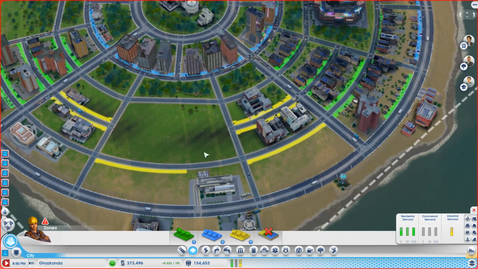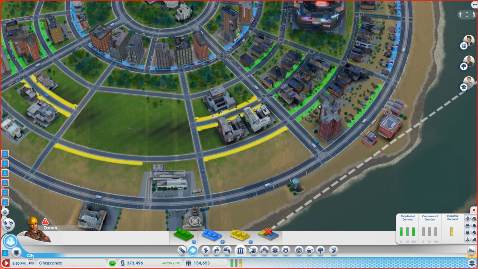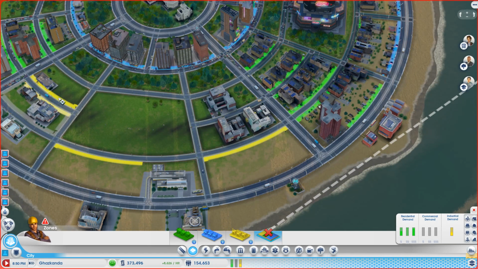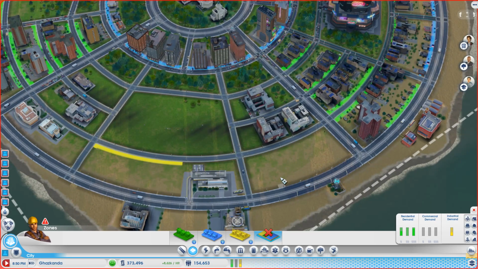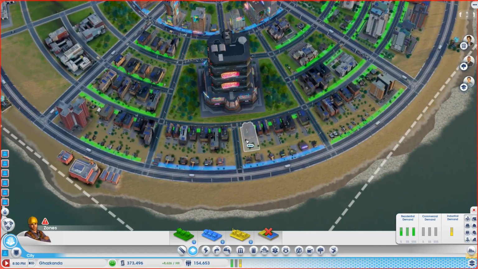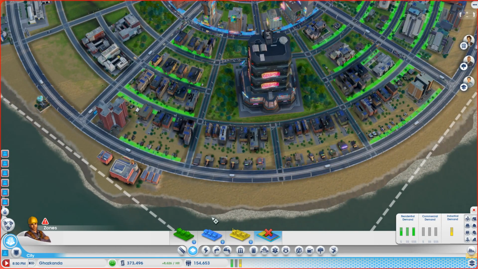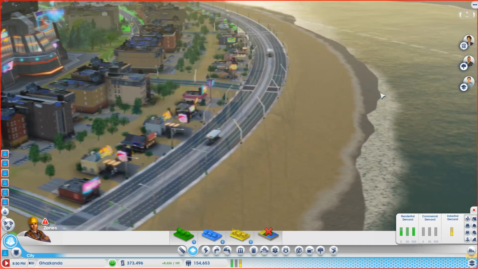So back over here. In that case, we'll eliminate this one. It's such a shame because that's all my good industry. I said get rid of it. But we'll move industry over here. And this is going to confound my whole plan here for getting...